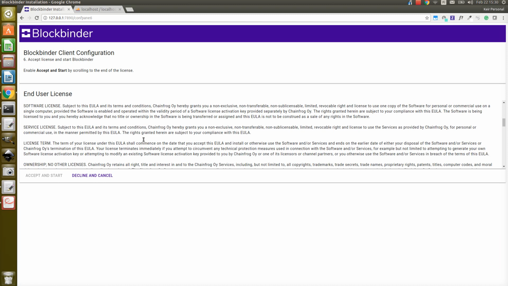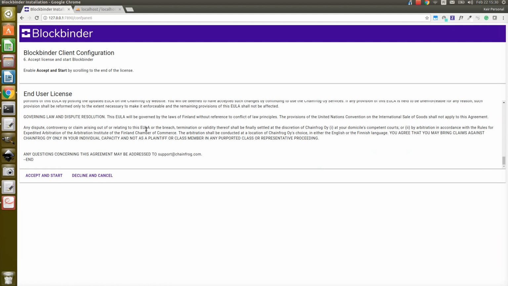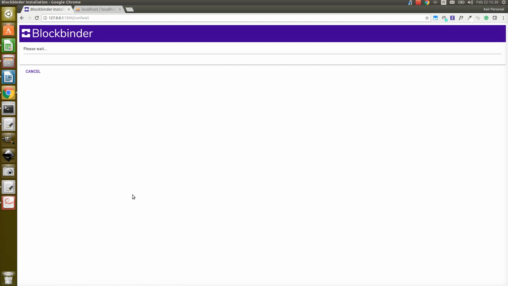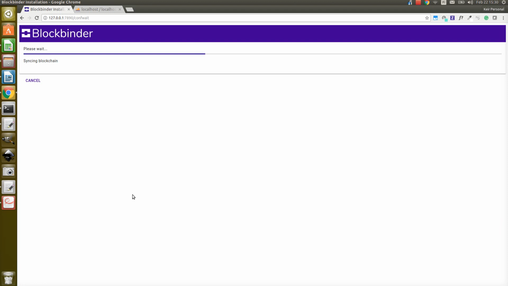Finally, I'm presented with a license, and when I scroll to the bottom and accept it, the Blockbinder binding actually starts. So now Blockbinder is going through the tables one more time, connecting to the blockchain, copying the data from those tables and synchronizing it to the blockchain in the cloud. This doesn't take very long. For a full database, it might take a few minutes. Here it should take less than a minute. You can see the tables being bound one by one,